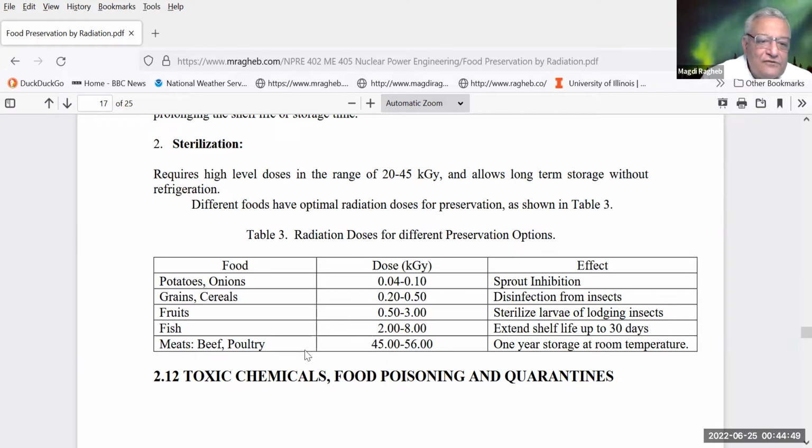For meats, beef and poultry, you need a much larger dose, because when you kill those cows and those chickens, you spill the contents of their stomach. And we mentioned the E. coli is there. It's even in the human guts. You need much larger doses of radiation, but that can increase the storage at room temperature for a very long time. Unfortunately, as we suggested,